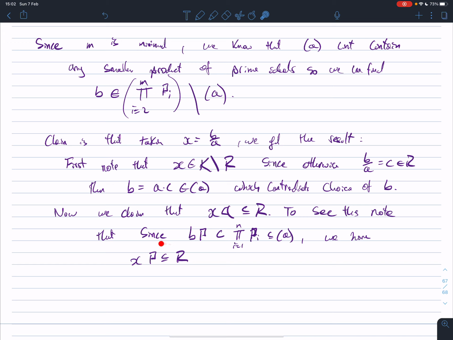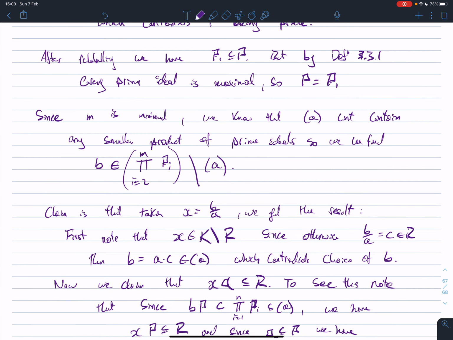So what you're left over with is some element of R. So since we have this, x times p is in R, and since A is contained in the ideal P, if we link this up, we have x times A is contained in x times P, which is contained in R, and this is what we wanted to check, that x times A was in R. Done. So that's a long proof of a technical lemma, but